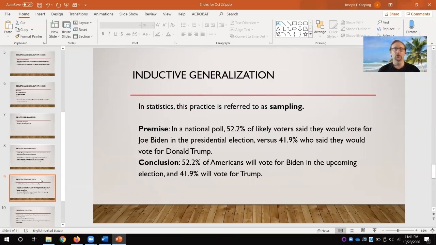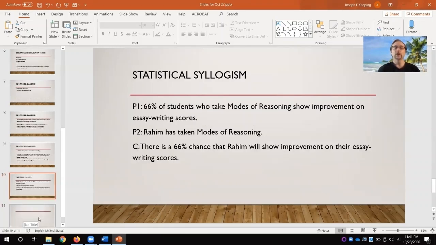It depends on factors like the size of the sample. It depends on factors like how random is the sample, or is the sample biased? It also depends upon interesting things like ways that people can fiddle with the numbers or alter the mode of analysis. There's enough here that we're going to be devoting an entire class to how to evaluate statistics and inductive reasoning in general. So I won't say any more about it here. Except